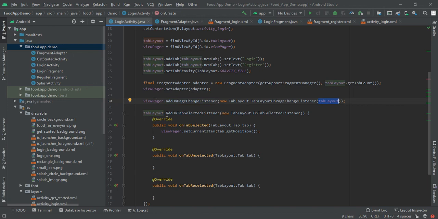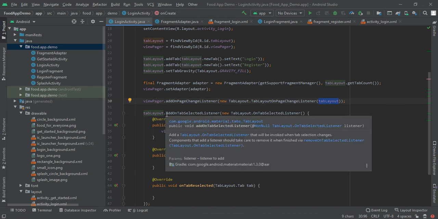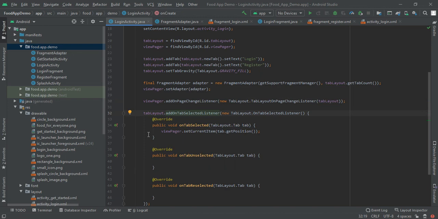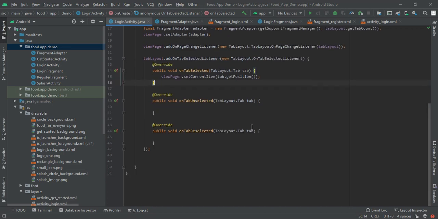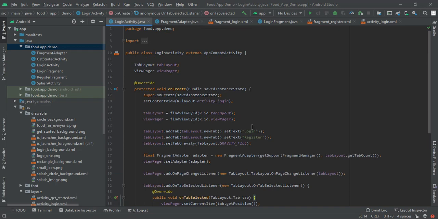And in our tab layout we have to also add on tab selected listener. In here we can see I had added view pager dot set current item, that is from our tab position. And with this you will complete a modern login screen using fragments and view pagers.